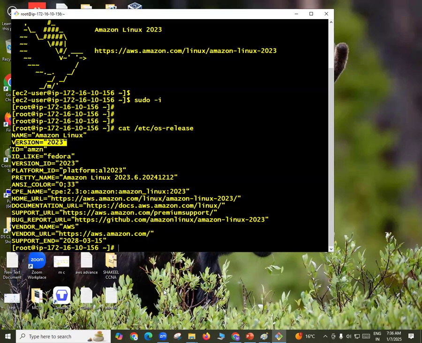Anyhow, so this is the machine to which I have connected, and you can see like this I can connect to